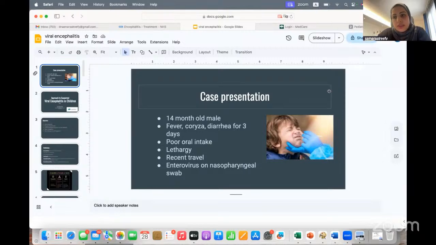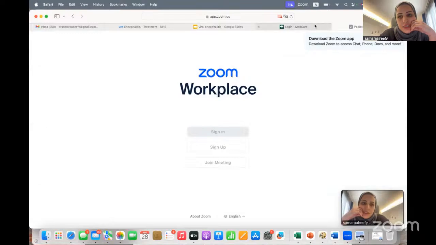The child was admitted in Salmania Hospital. Stayed in for 3 to 4 days, and he was discharged. He was doing very well after that. I'm not sure, because viral encephalitis would have later manifestations. According to the mother, he was started on early acyclovir and antibiotics as well, and steroids, and he was doing well. Within 3 to 4 days, he was discharged home.